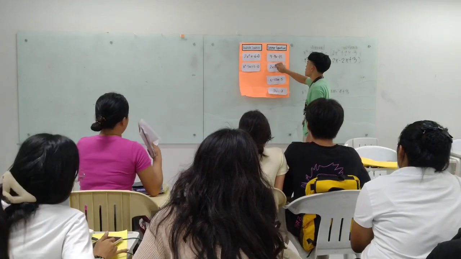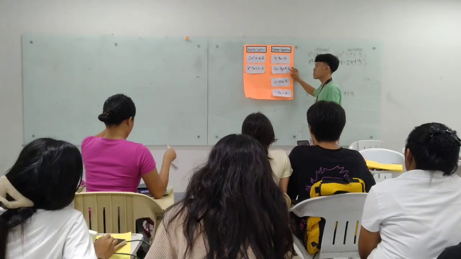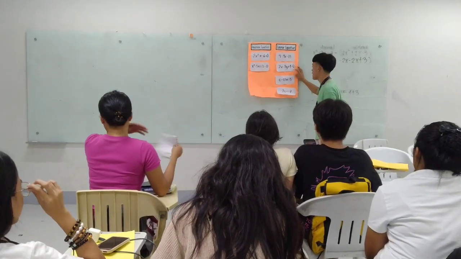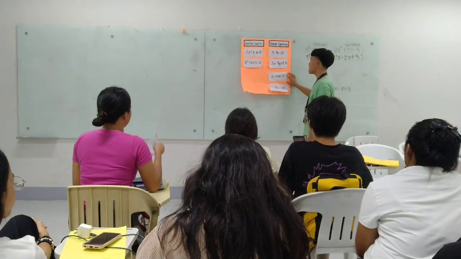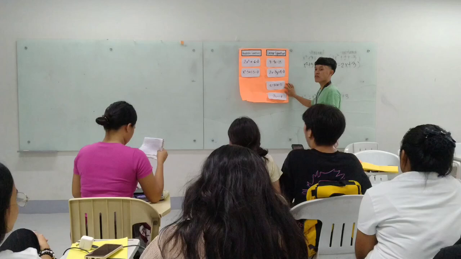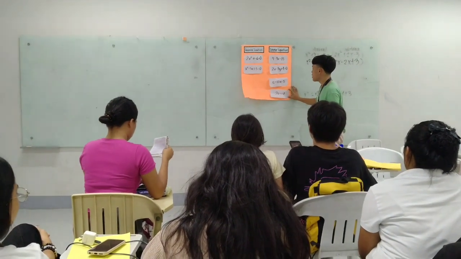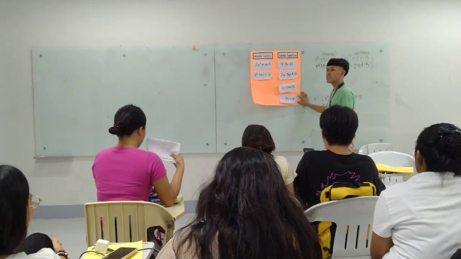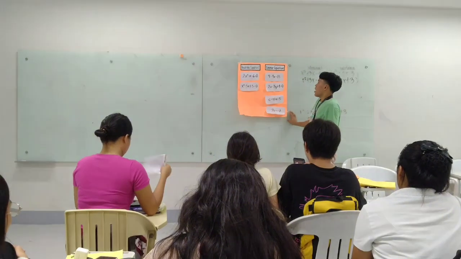Linear equation. The fourth one is 2x minus 3y plus 4 is equal to 0. Is it correct or not? Correct. It is a linear equation. The second to the last is c is equal to 12n minus 5. Is it a linear equation or not? Linear equation. Very good. The last one is 2s is equal to negative 7. Is it a linear equation or quadratic equation? Linear equation. Okay, very good.